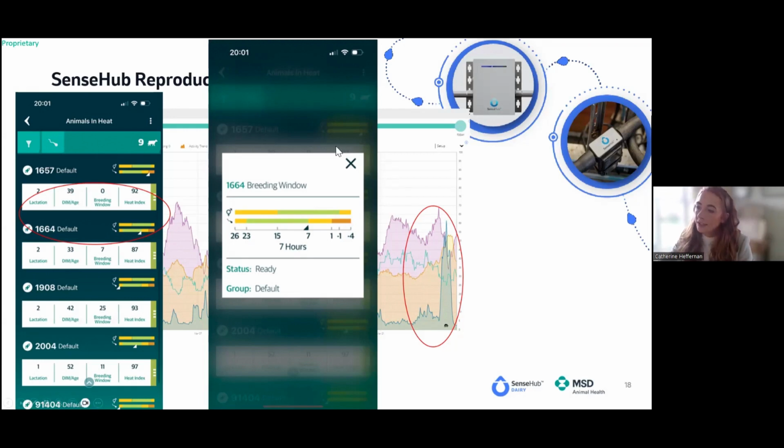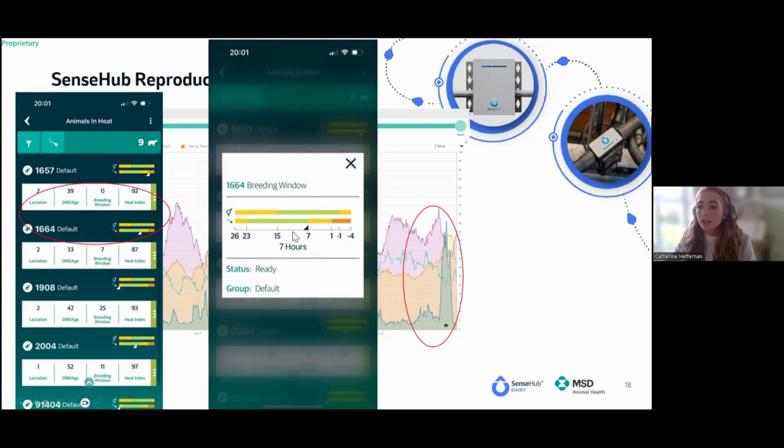So that's your area on breeding window. In terms of your heat index, as I mentioned, all of what happens in the background indicates your heat index. So my rule of thumb always is any heat index above 85, I wouldn't think twice about AI in the cow. I'd pick the heat index number, and I would then pick anything over 85. I'd pick my number over 85, and all cows over 85, and from there I would select the optimum time